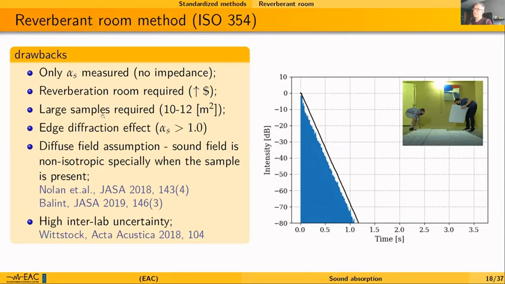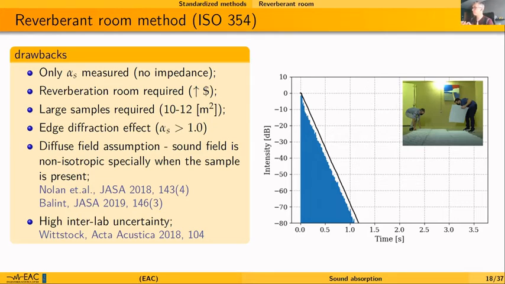Large samples are required, 10 to 12 square meters, and it is well known and reported in the literature that sometimes the absorption computed in this method can go above 1, which is not physically possible, but it is what we retrieve, and that has been attributed many times to the edge diffraction effect. And another thing that is important is that the diffuse field assumption